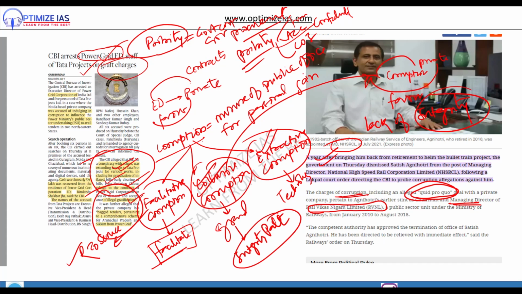I can tell you guys, out of all the GS papers, it is the ethics paper and the essay paper that are the highest scoring papers, and if you score more than 120, 130,